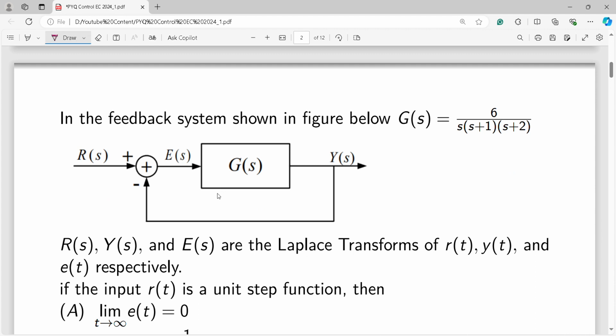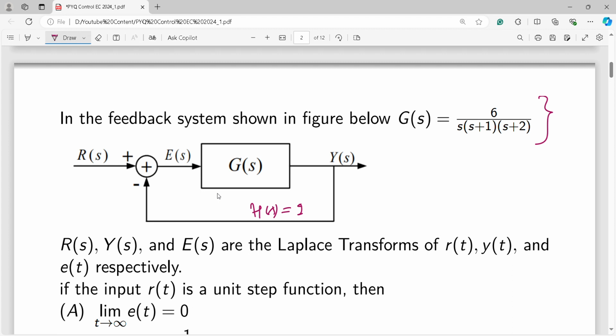So they have given our plant G(s) equal to 6π / (s(s+1)(s+2)). Since this is a feedback system and the feedback transfer function H(s) is equal to 1, our open loop transfer function would be the same, equal to G(s), 6π / (s(s+1)(s+2)). Alright. So here this is a type 1 system and they are asking